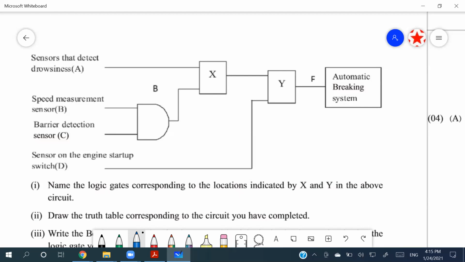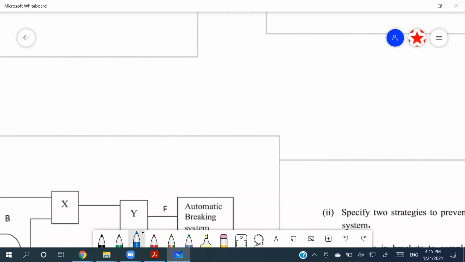And barrier detection sensor and speed measurement, those should happen together. Like speed measurement should check whether it is 30 kilometers per hour, and the barrier detection should be 1, like there is a barrier within the 5 kilometers. So they use an AND gate because those two things should happen together. So sensor that detects drowsiness. So if you go through the conditions,